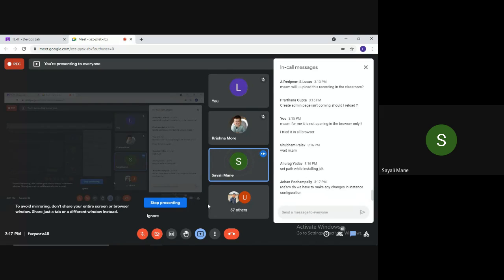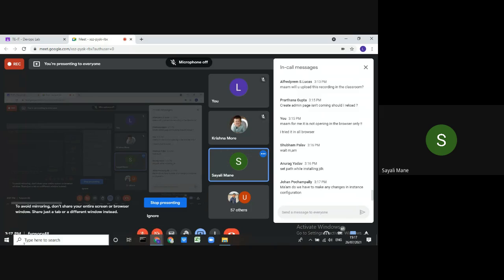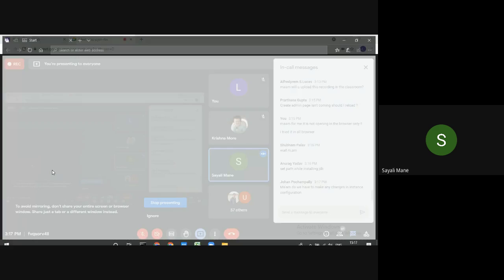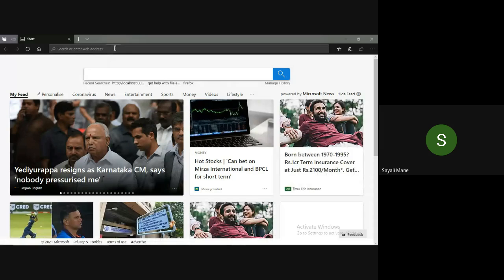After finishing, Lekha, do you have JDK version 1.8 or 11? Ma'am, for me it is 1.8. It should open. Can you search Microsoft Edge on your laptop? Now type localhost colon 8080.